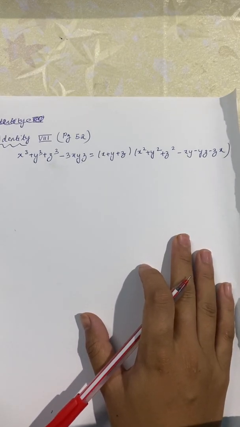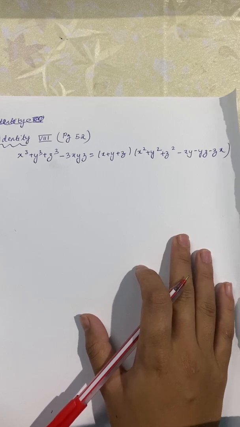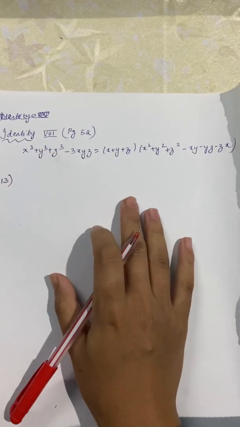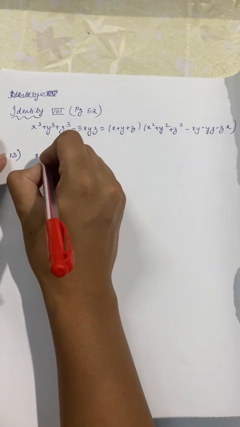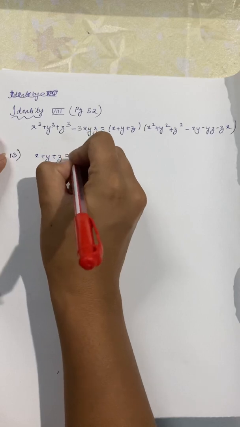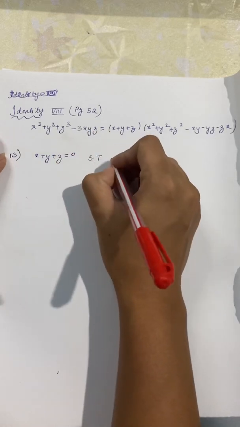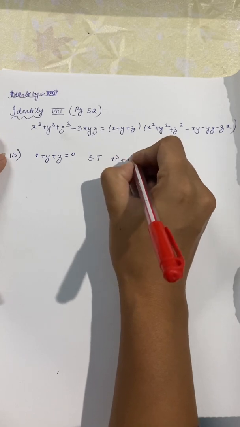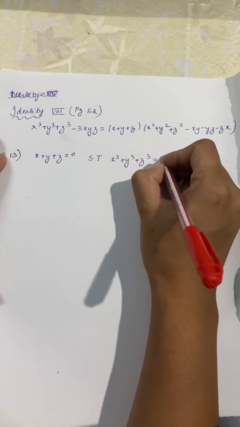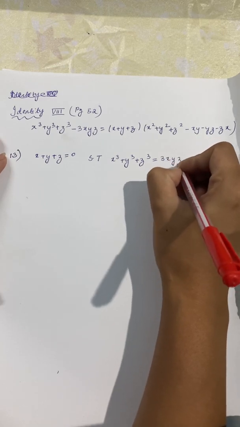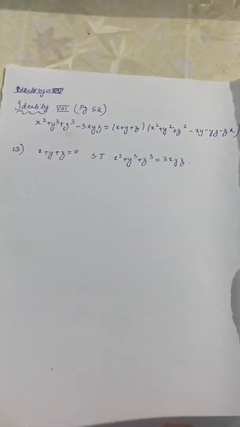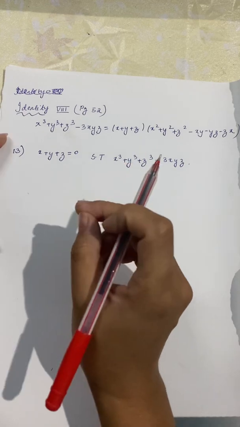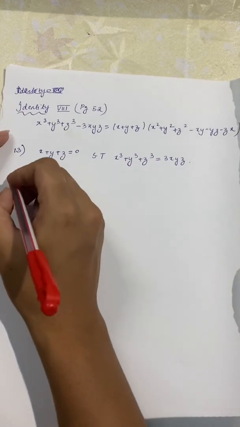So I'll be doing question number 13. Now question number 13 is very easy. Just use a little bit of logic here and there, and then you'll be able to understand it. Question number 13 tells us that x plus y plus z is equivalent to 0, right? And we have to show that x cube plus y cube plus z cube is equivalent to 3xyz. Now this question will only make sense to you once you have learned the formulas, because by looking at the formula, I think you'll already have a clue. Therefore you can write the solution as this.